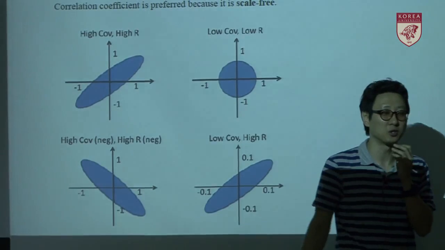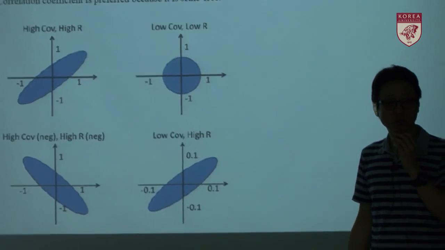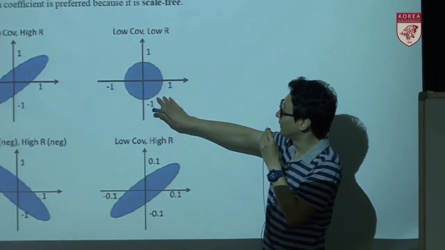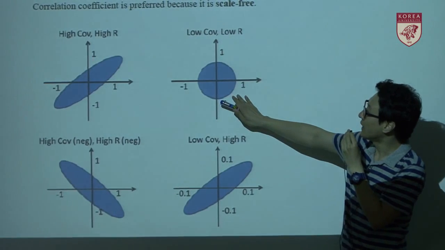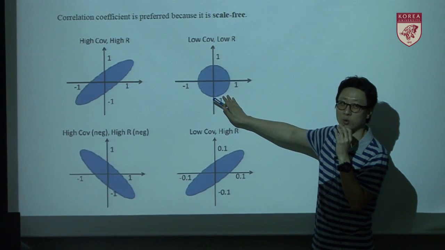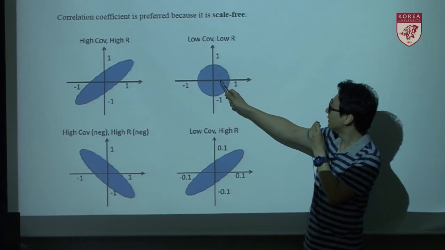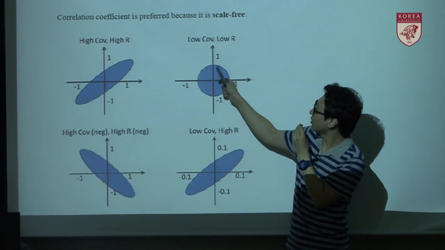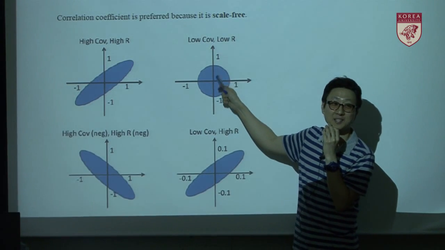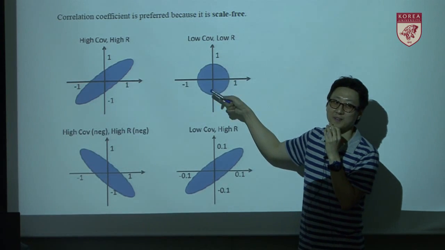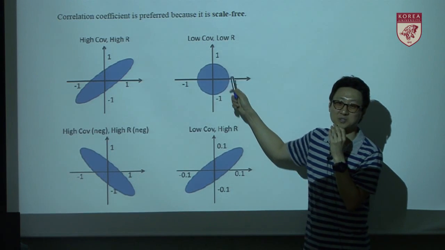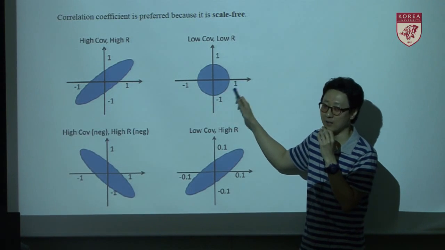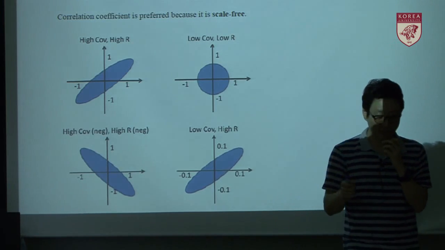So what's the meaning of no correlation? That means uncorrelated, or covariance is 0. If it's like this, we say they have low correlation or low covariance. That means even when x is positive or negative, the variation of y is not much related. There's not much varying together because they are just distributed, right? So in this case, we say low correlation and low covariance. Okay? So if we summarize it,